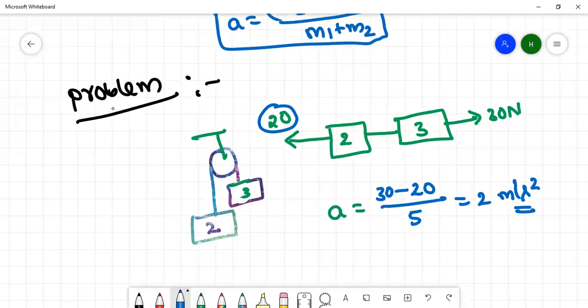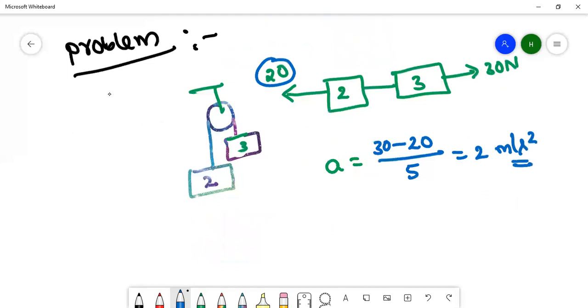Here we are going to find tension. So tension, look at here. This is the 3 kg block. So 30 Newton, M into G, 3 into 10. So 30 Newton is acting downwards. Upwards, some tensional force is going to act. So tension is acting. This force will be heavier, so this is the more mass, so acceleration 2 is acting downwards.